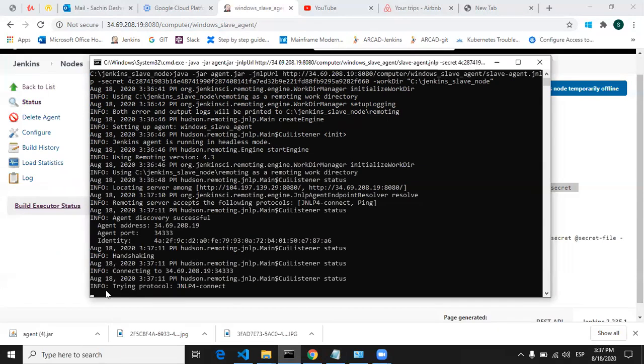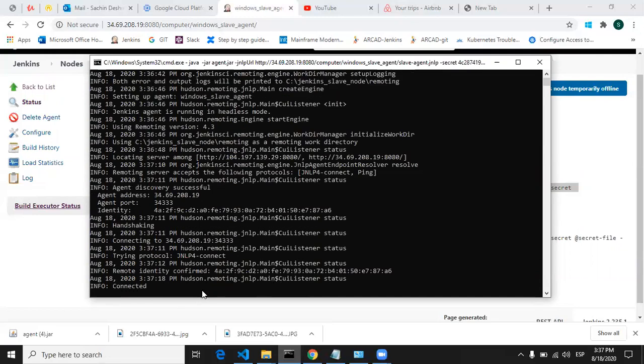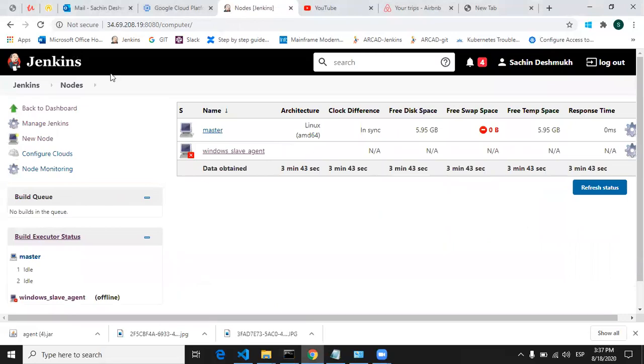Yeah, so it is trying protocol JNLP4 connect. Now remote identity has been confirmed and it is saying it is connected. Okay, so once you refresh this page and click on nodes, it will take some time to reach to this Jenkins. Yes, now you can see